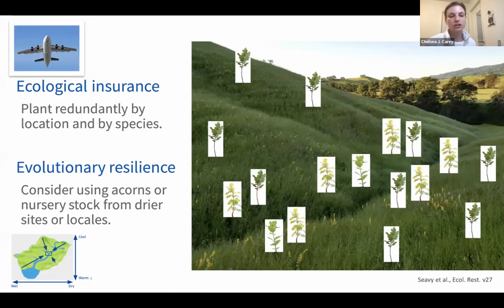Evolutionary resilience is considering what your local site conditions are going to be. It may be wise to choose, whether it's acorns or nursery stock from locations that are currently experiencing different climates. And that may just be sort of microclimates within a watershed even. It doesn't have to, depending on sort of your comfort level with extending that boundary of where you're getting those stocks from. You can still build in, even if it's interspecies,